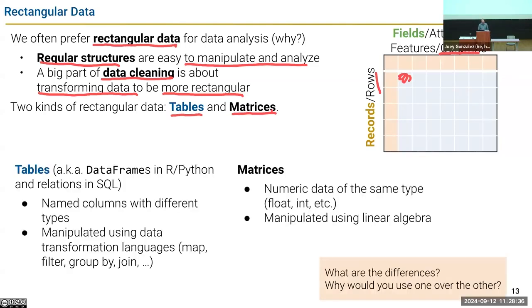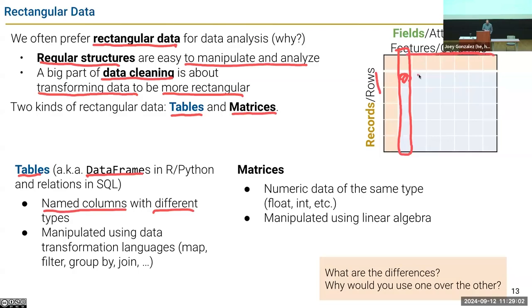What's the difference? So tables, also known as data frames for the pandas aficionados, is a collection of named columns with different types. That's weird. You would have thought it's a collection of rows. No, it's a collection of columns. Okay, that's one way to look at it. We in the data world like to think of our data as a collection of columns as features that I stick together to make a table.